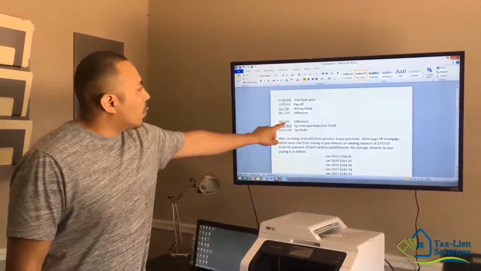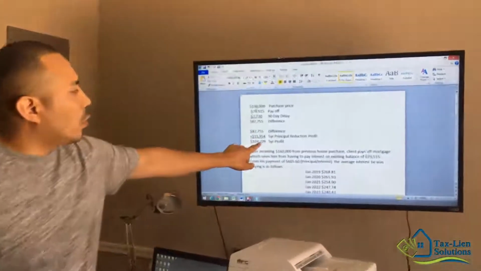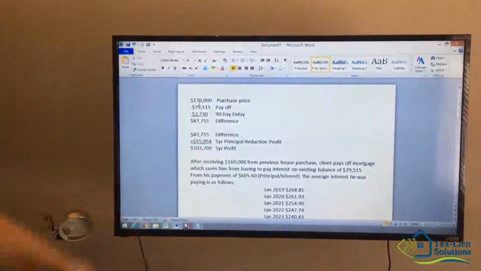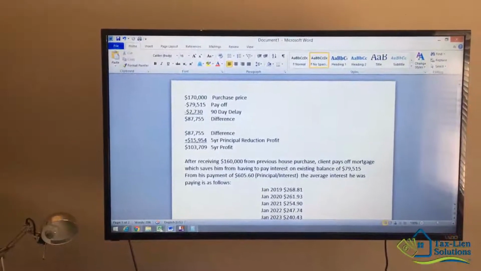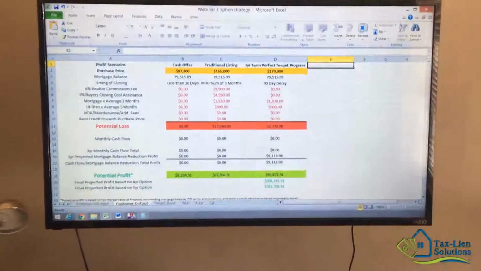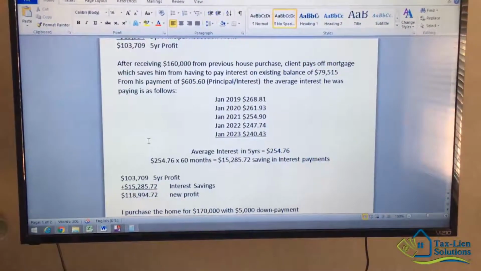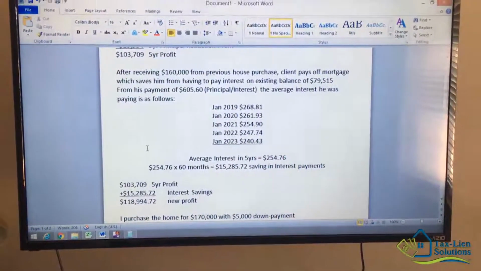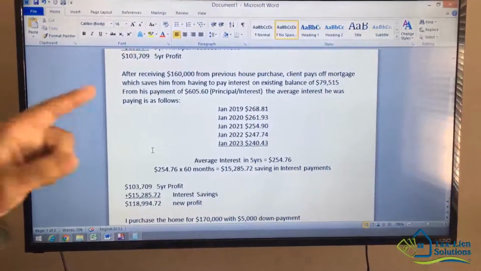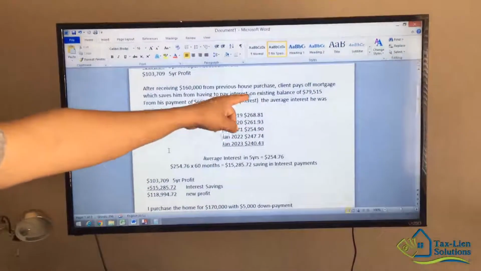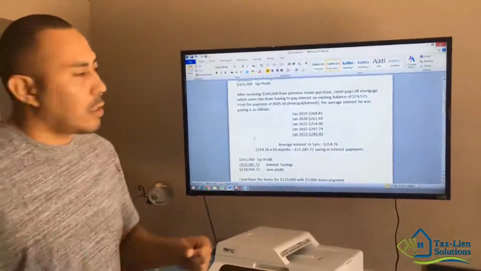So now when we add the 5-year principal reduction profit, that's the 103,709 that I asked you guys to keep in mind, right? So the 103,709, I just rounded it off right there. See, there it is, 103,709. Okay, but like I said, he just received $160,000 from the proceeds of his last house. Now, if he goes and he pays off his mortgage existing balance of $79,515, okay, right now his payments are